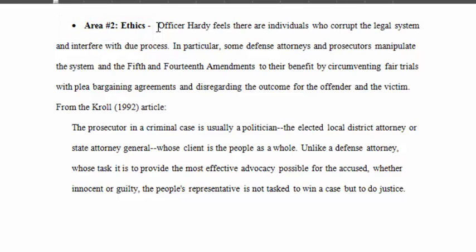Officer Hardy feels there are individuals who corrupt the legal system and interfere with due process. In particular, some defense attorneys and prosecutors manipulate the system and the Fifth and 14th Amendments to their benefit by circumventing fair trials with plea bargaining agreements and disregarding the outcome for the offender and the victim. And then we have